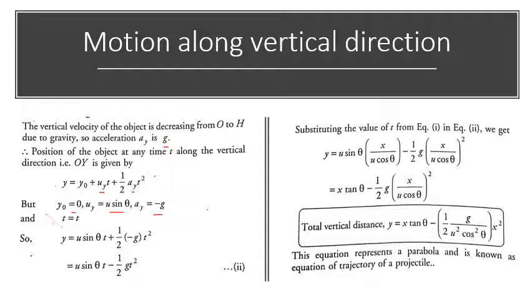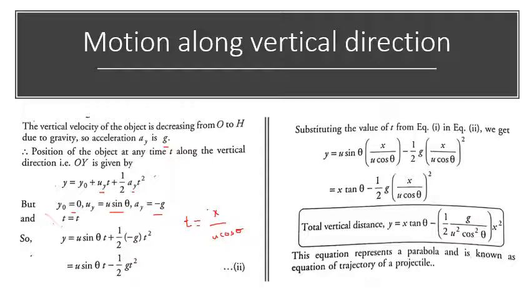Now you have to substitute the value of t. So what we derived in the previous equation, what is your first equation? So I'll write here. Your first equation is t equal to x divided by u cos theta. So this was your first equation. Am I right? So this first equation, you're going to substitute the value of t from equation 1 in equation